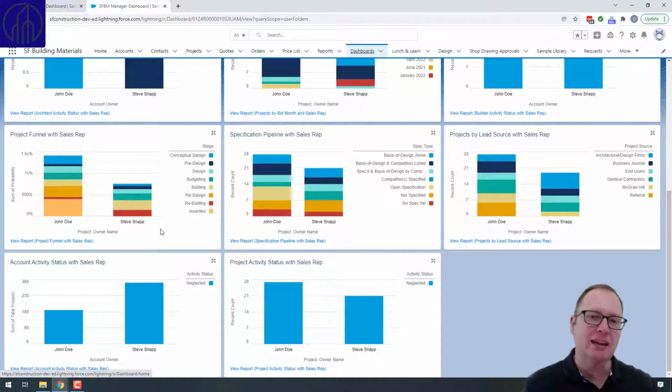So the key thing that a manager is generally looking for, in my opinion, is risk. Are there any things that I need to know about across my team that I need to reinforce? But I want to reinforce them in a consistent, uniform way. Meaning I want to reinforce, for lack of a better word, the kinds of behaviors that I want my team